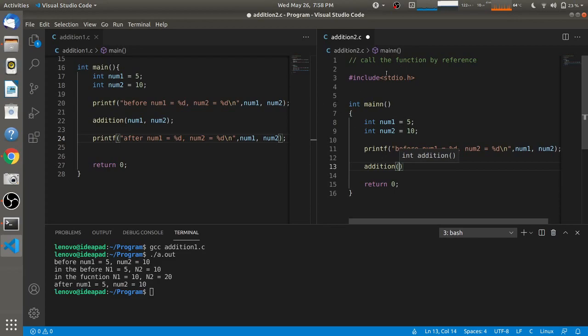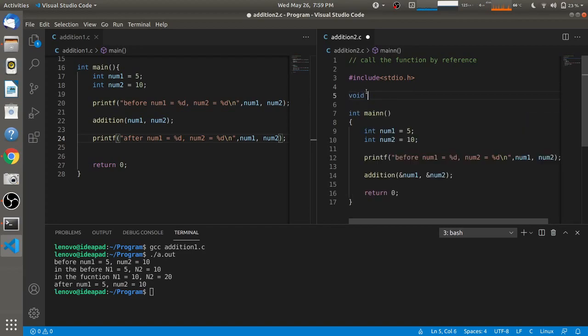So I am doing it in the second file to get a better understanding and comparative study between the two. So I'm creating another function in this file. This is the second file, addition2.c, and I am passing the address of num1, that is, this operator is the address-of operator, by which you can pass the address of that variable to the function, and the address of num2 to the function. As we have not created the function, we have to create that function here. So I'm going to create that function here.